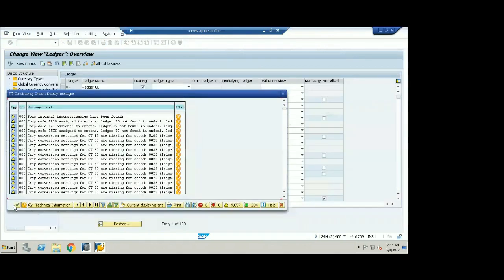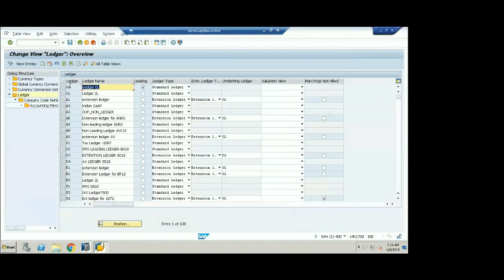Mahesh, on a side note, usually the transaction currency will go to the CO document, and the document currency will flow into the FI document. Correct. Here also it is the same, sir. I got the question. I was supposed to tell that, but we are discussing only FI now, so I just ignore the currencies of controlling, because I will discuss that in controlling.